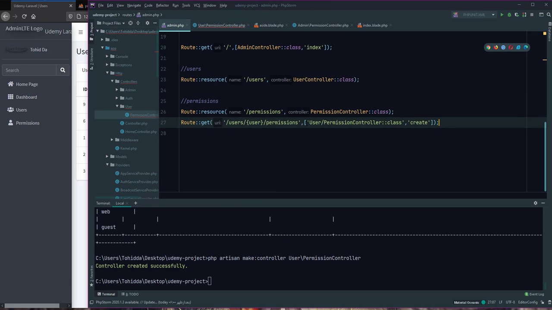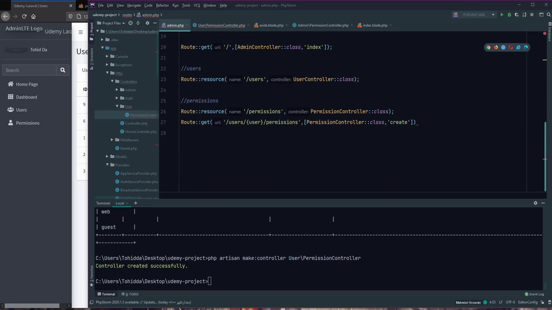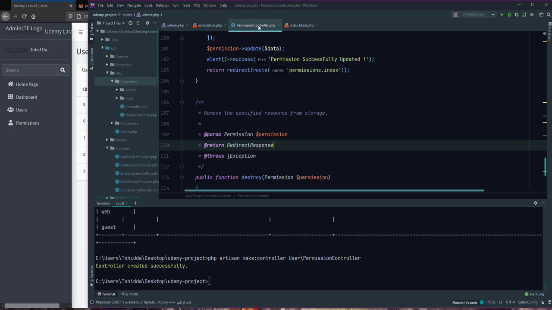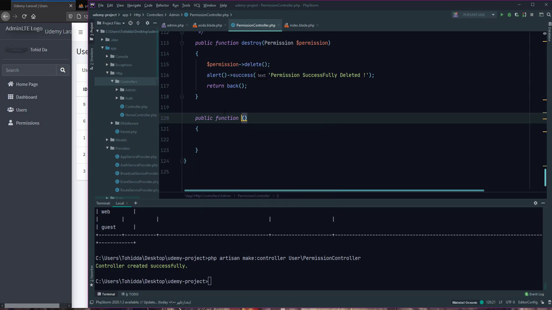Before using of this we can use in permission controller and use of this. I remove this, and in permission controller I define public function,